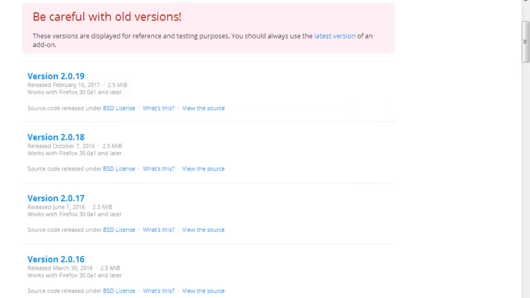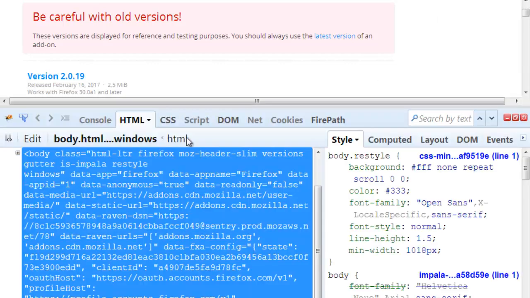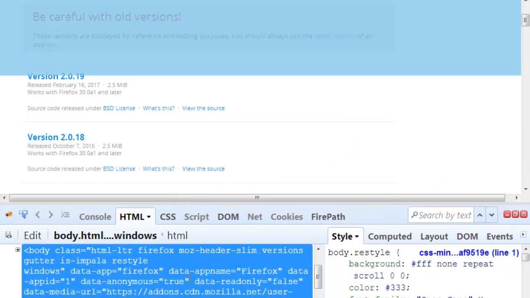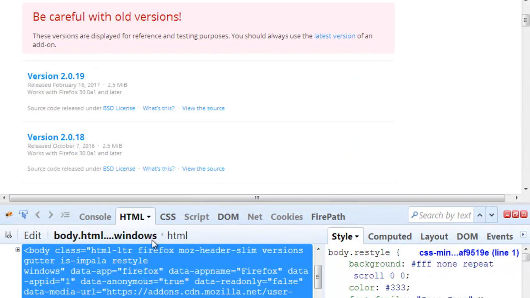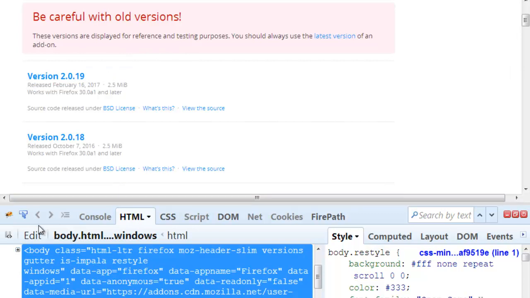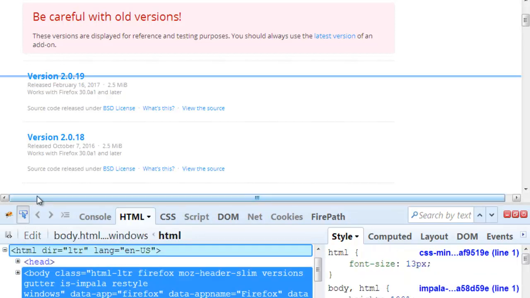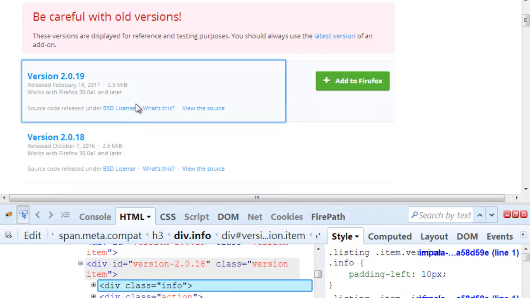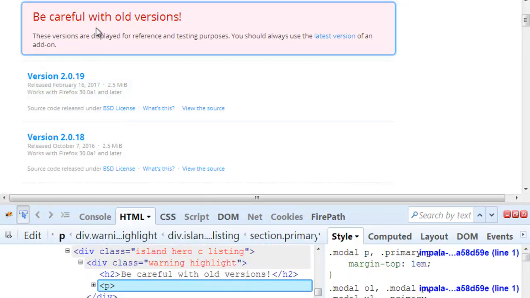Once you add it, your Firefox might restart and you will see a Firebug icon on the top right side of Firefox. You click on it, and it will open up a window like this. In the HTML tab over here, you can see the HTML code, and there is an arrow out here. You click on this, and then you move the mouse wherever on the page source. Suppose I move the mouse over this error.